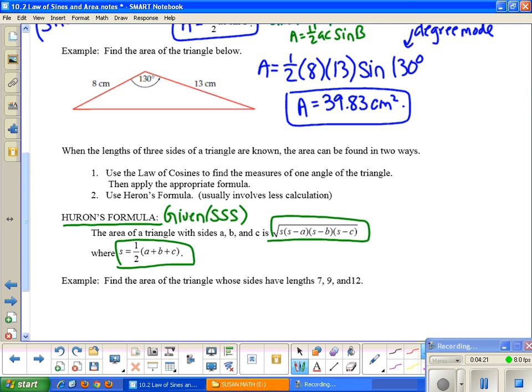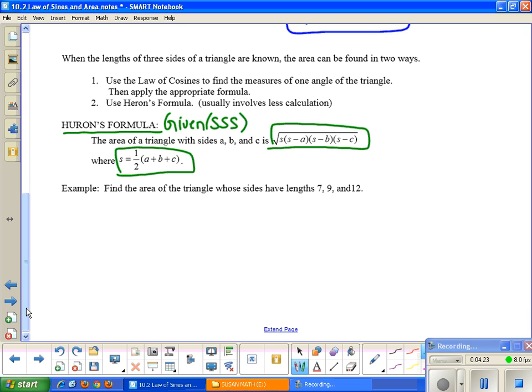For this, if we have a triangle with side lengths of 7, 9, and 12, let's draw ourselves a little sketch here. We've got 12 here, 7, and maybe we'll make that one the 9. So this would be 12, 9, and 7. If I want to find the area, first we have to find that S value, 1/2 of all the sides added together,